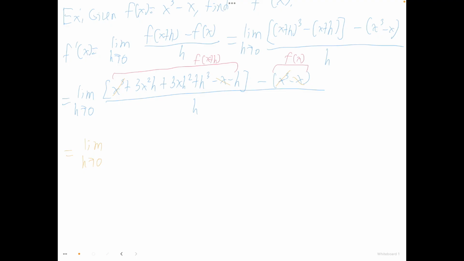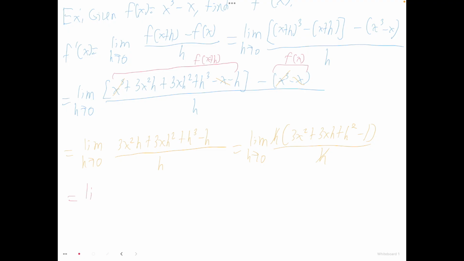And so we're left with just 3x squared h plus 3xh squared plus h cubed minus h, all divided by h. Now notice there's an h on everything in the top, so we can factor that out to have h times 3x squared plus 3xh plus h squared minus 1, all divided by h. The h's cancel,